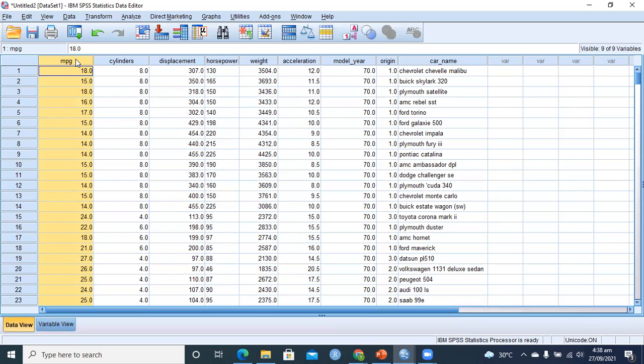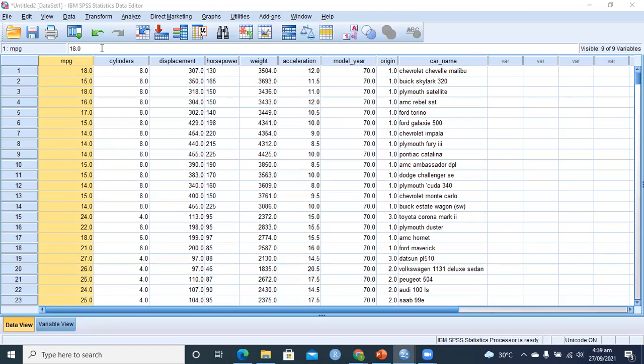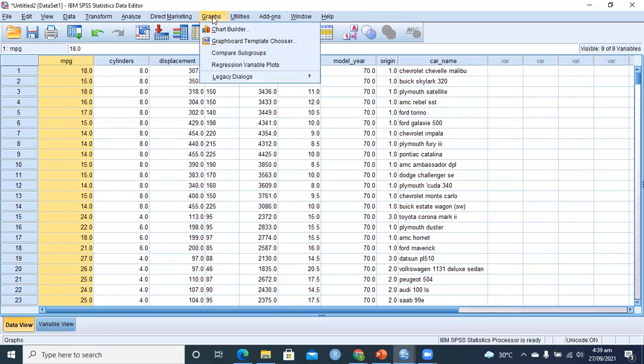If it is not a bell-shaped curve, like right-skewed, right-tailed or left-tailed data, that means we have to avoid using the t-distribution. Otherwise, we have to use some data transformation to convert the data into a suitable form that has a bell-shaped histogram. So first, I need to check the graph of this. For example, I just want to see whether the miles per gallon column has a bell shape or not.